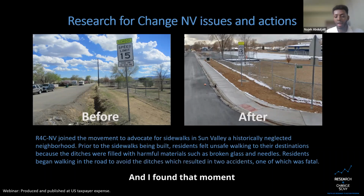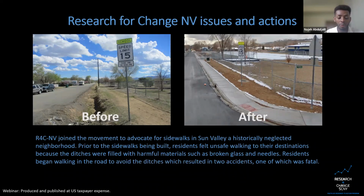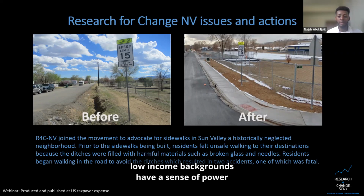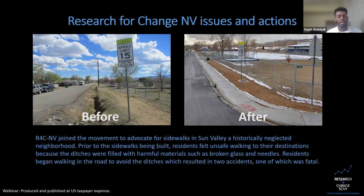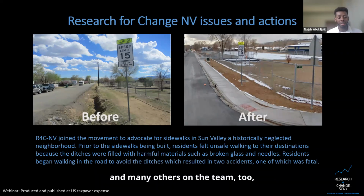And I found that moment, in which we identified an issue as a team, discussed it and discussed it, and then took it to the Sun Valley General Improvement District for change, as a way to find power. Not a lot of high school students, especially coming from Title I schools and low-income backgrounds, have a sense of power and making change in their community. And this was something that inspired me and many others on the team to